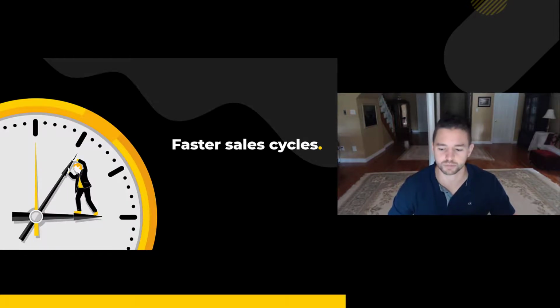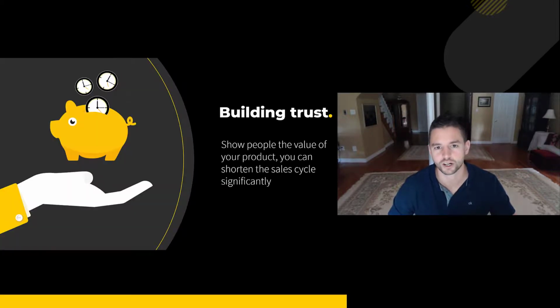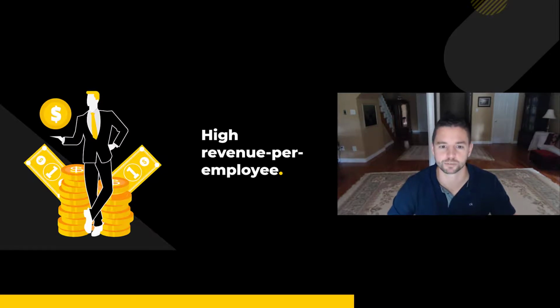And the other part of being more capital efficient comes to faster sales cycles. In a product-led business, you're showing people how they can get value out of your product. They can sign up for themselves and see for themselves. Whereas in a sales-led company, they really just have to get told. And they're still going to be wondering at the end of the day, can this product still deliver on its promise? And that's risky. And because of that risk, it takes time to make a decision. It's not a no-brainer decision for someone to sign up, pull out their credit card, and pay you their hard-earned money. So building trust is a ton easier in a product-led business.